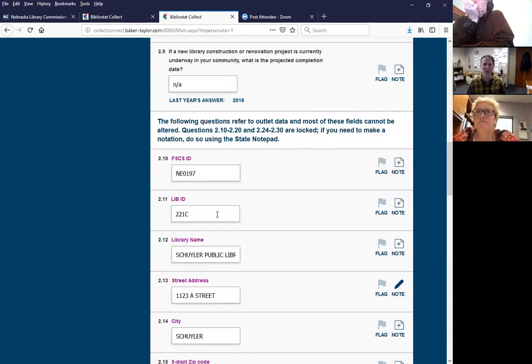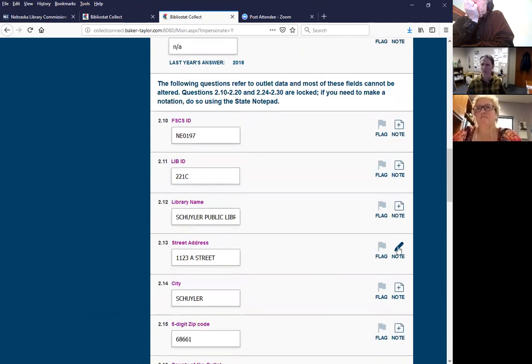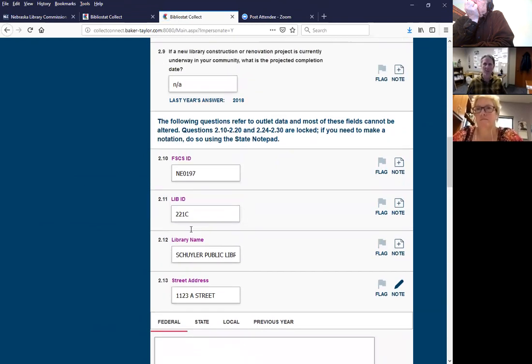2.10, these are all codes that are assigned by IMLS. These are all, again, locked. Your street address in here has changed. And the reason that we're seeing this twice is the first record that we were looking at was the administrative entity for the Schuyler Public Library. If you had a branch in a central library, you would see these fields, more than one of these 2.10